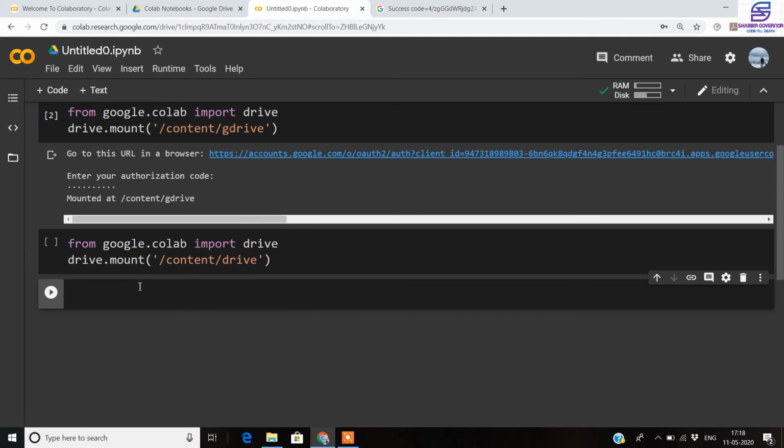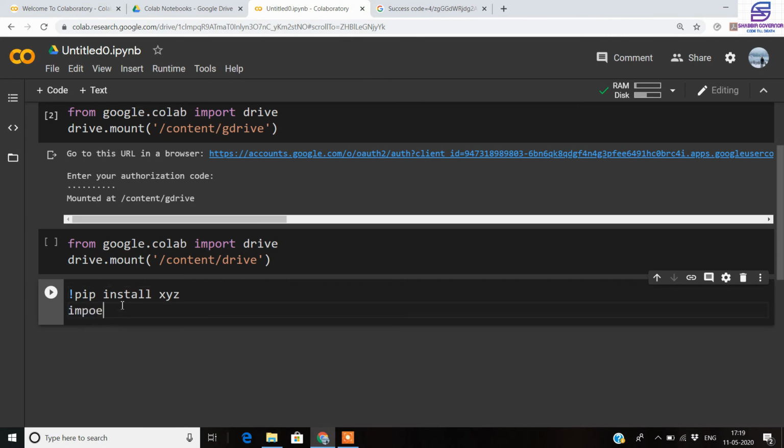The last thing that I wanted to show you is that if you have a certain package that doesn't come installed with your Google Colab, what you can do is write, suppose my package name is XYZ, you just need to write pip install XYZ, and later after that line you can just import XYZ directly. So this is the way of importing libraries that don't come pre-installed inside your Google Colab notebook.